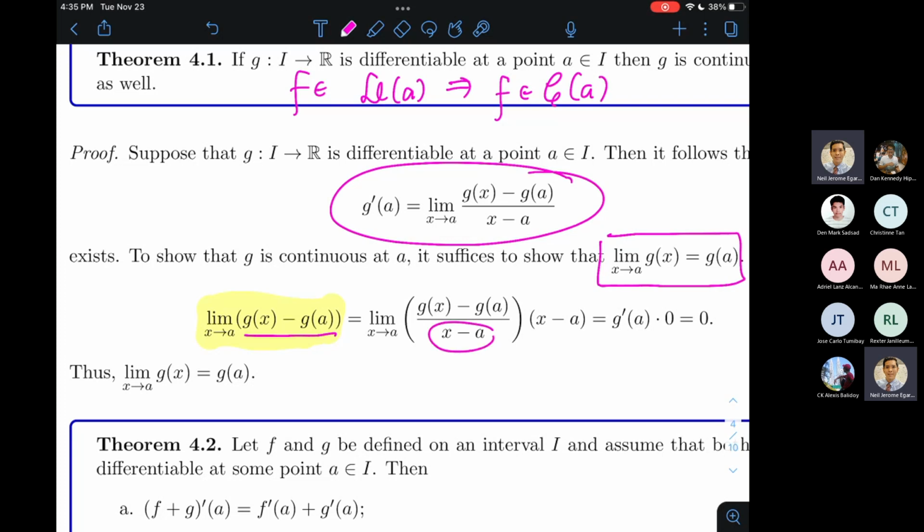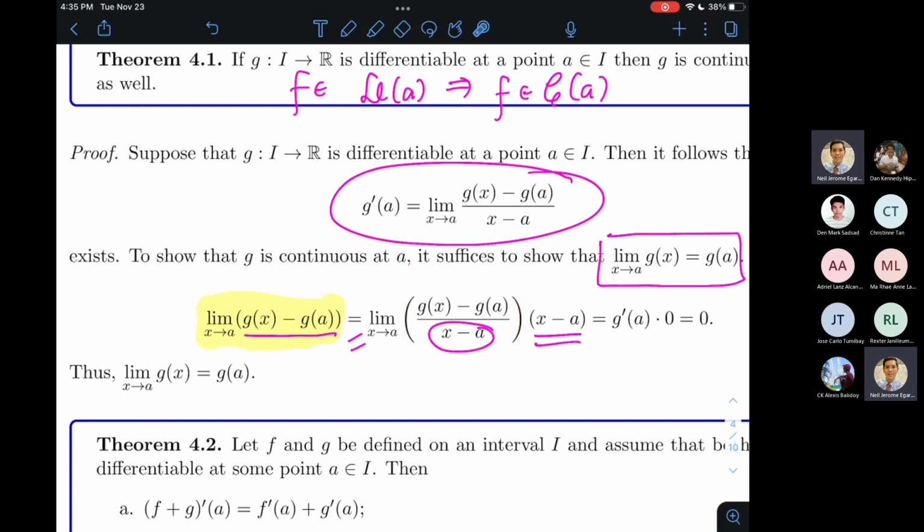So I'll introduce an X minus A in the denominator, but to preserve equality with the previous expression, I need to reintroduce another factor X minus A, this time as a numerator. So that those two introduced factors will just cancel each other out, bringing us back to where we started. Okay? Tapos, ang kagandahan nung ginawa natin yon, alam natin ito